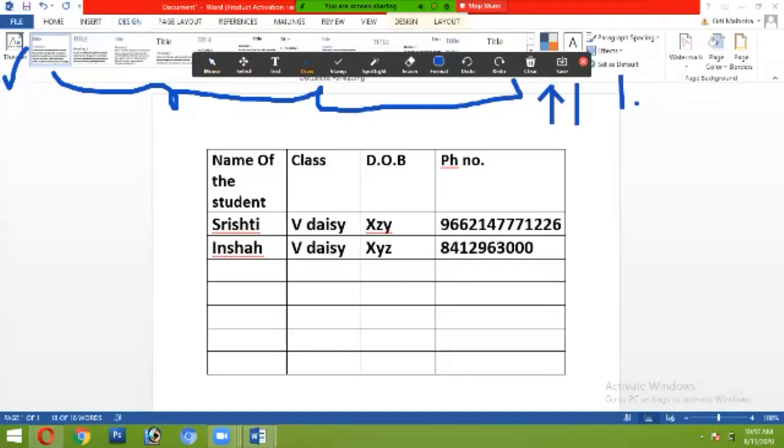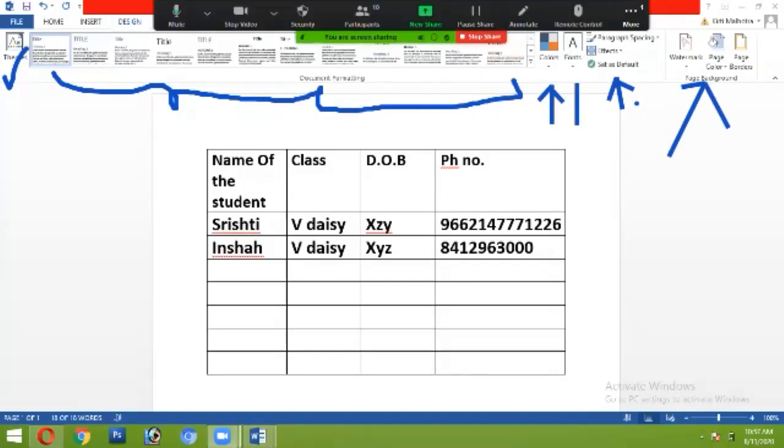And these are the effects. How you can apply styling, how you can apply formatting, how you can apply effects. And these are the page background. How you can create your page background. Now I will tell you each and every option very clearly.